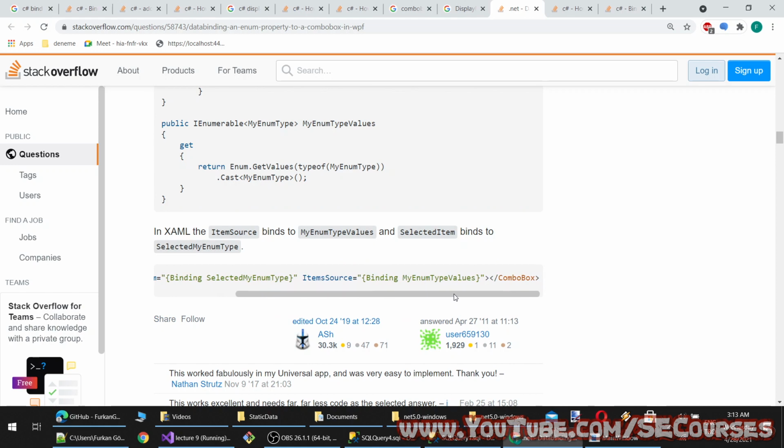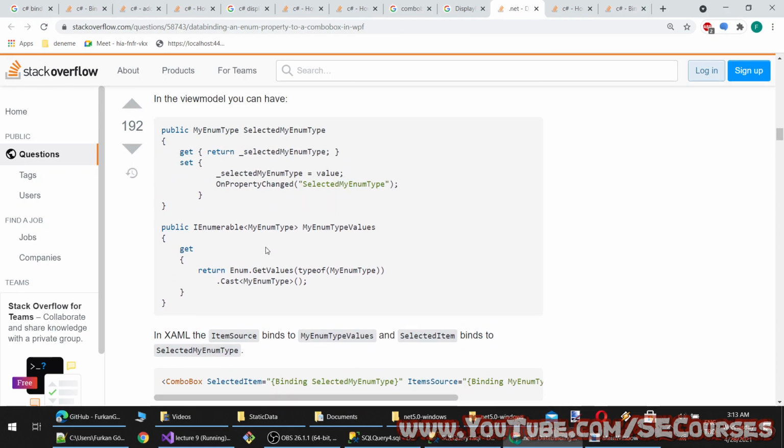So there is get. It returns the value. No, this is set. Okay, on property change it.